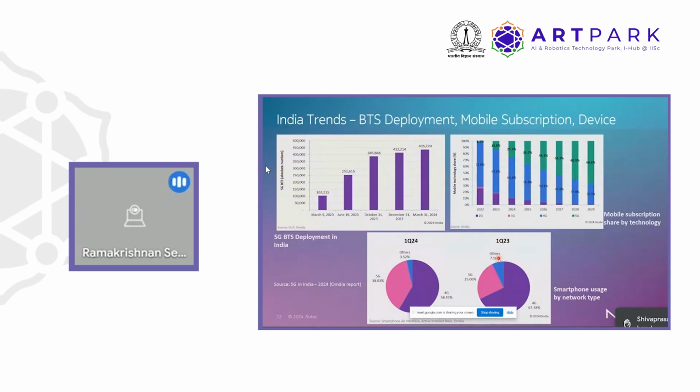Another interesting fact in the last 1 year is that the share of 5G device support has significantly increased by around 10%. Earlier, 5G capable devices were close to 25% of the devices in India. Now it is close to 38 to 40%. So this gives a good feeling that if you're going to deploy a 5G network, there are enough takers, and hence the operator's investment does not go waste, right?